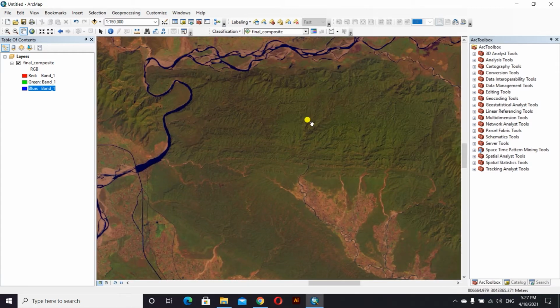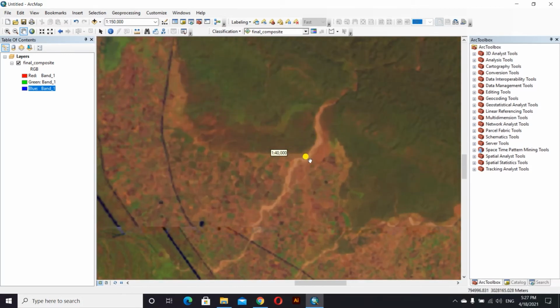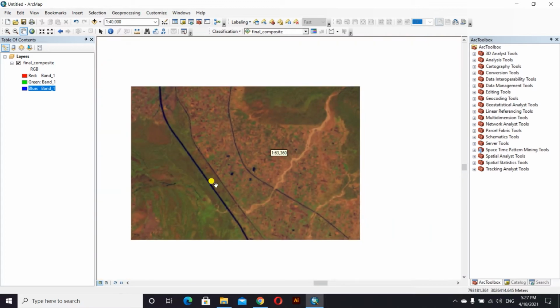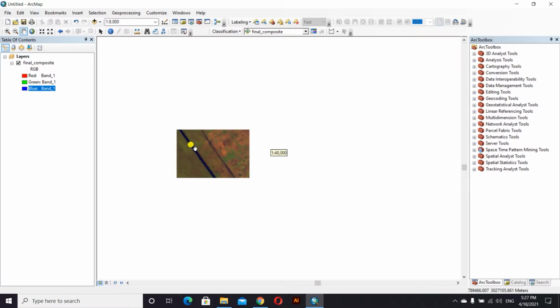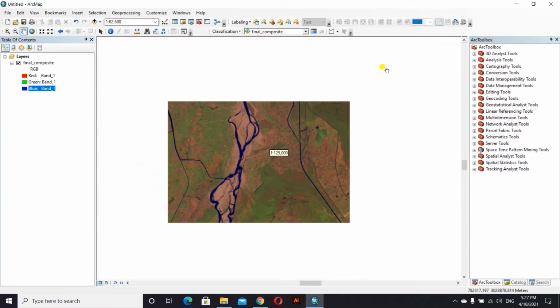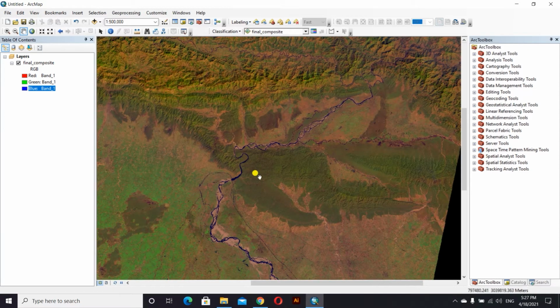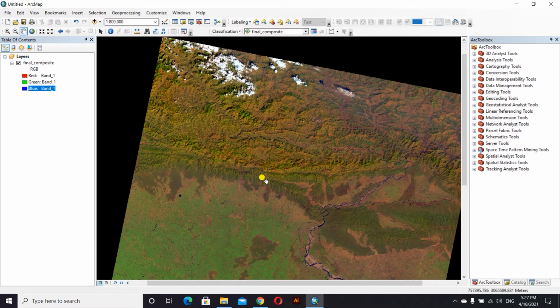This helps identify agricultural land, forest area, and barren land. This blue type color is water. On the basis of this, we can identify the objects on the ground, and on the basis of that identification, we will use it for classification.